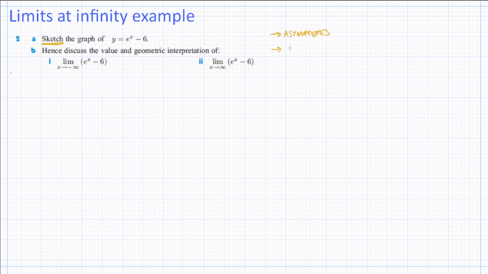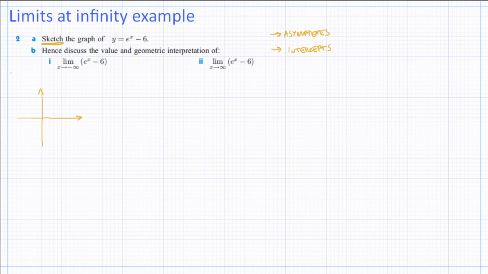Another thing is any intercepts. Usually the intercepts are shown, so y-intercepts, x-intercepts. Whenever you're crossing either the x or the y-axis, you should label those. This is the information that you need in order to sketch a graph in an acceptable way for the IB. So if we try and investigate how this graph would look, we would need to analyze,